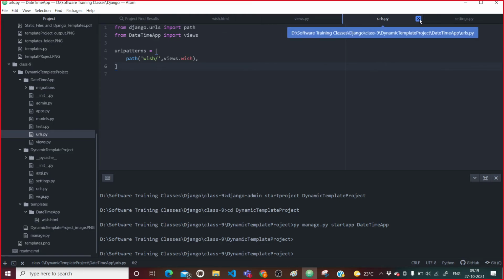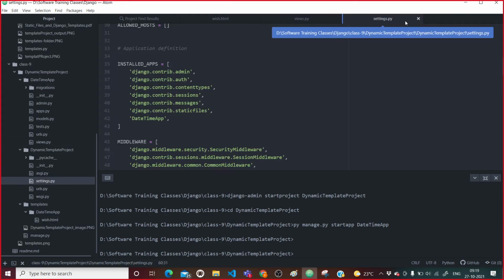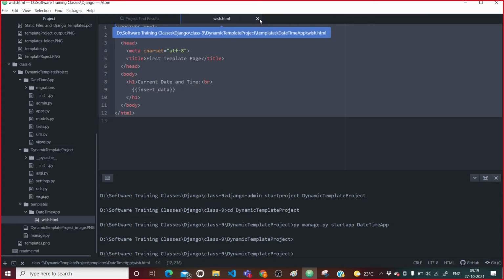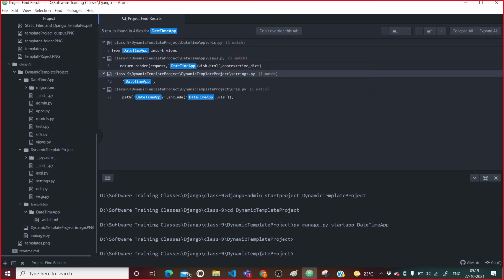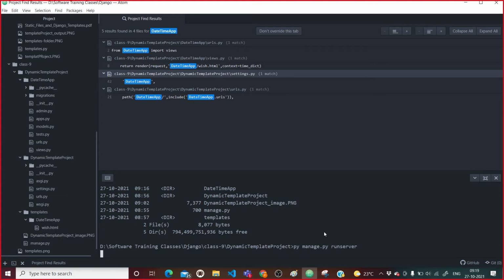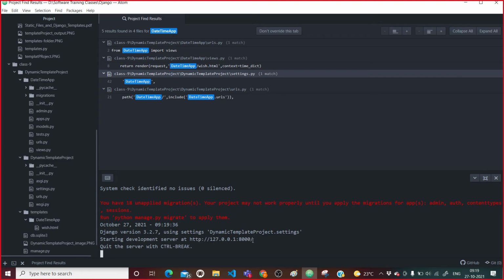Here also I have saved. It also I have saved. It is also saved. Now, I will come here, I will say dir. So, I have the access to manage.py. If I have the access to manage.py, so I will say py manage.py runserver. Okay, runserver. It started running the server. It means that there is no error in our application.